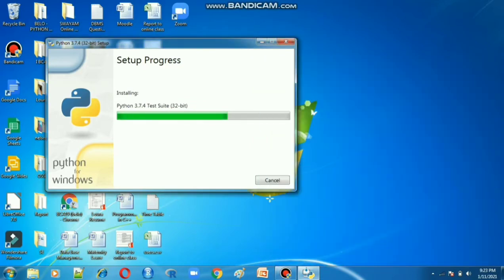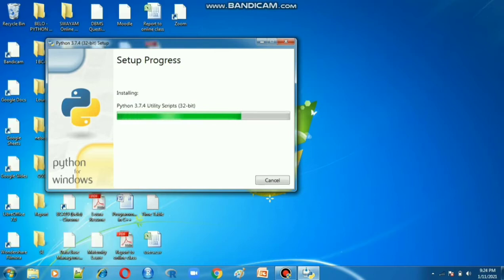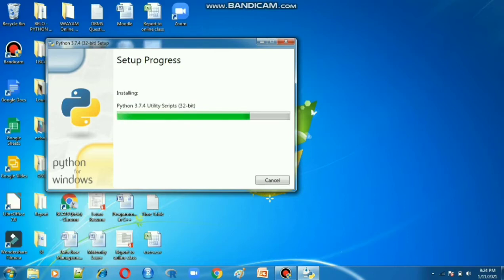We will see examples of everything after finishing this Python 3.7.4 setup.